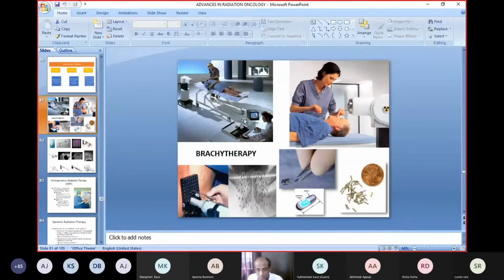So how is it done? You can see these are the brachytherapy equipments. This is the patient. We are inserting some equipment into the patient's body, and we are connecting both this machine and the patient through a connector. You can see a small tube like this. Then the radioactive source travels through this tube inside the patient's body and stays there for some seconds or minutes, and it comes out once again.